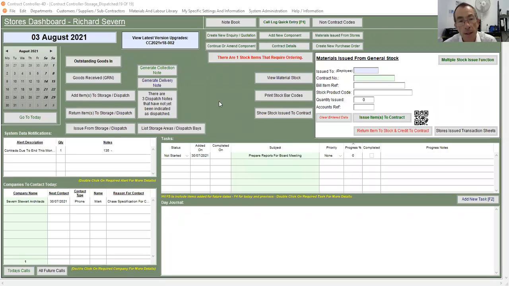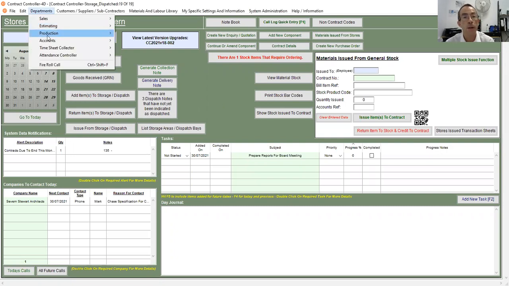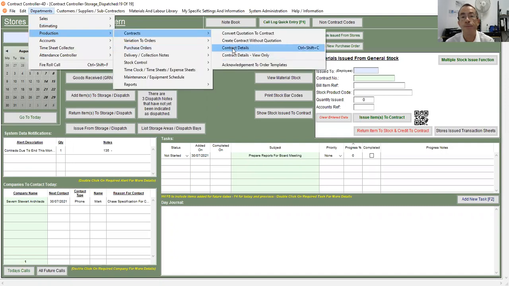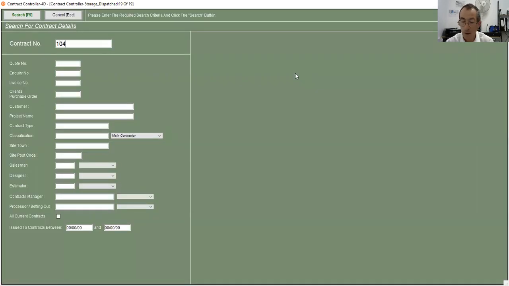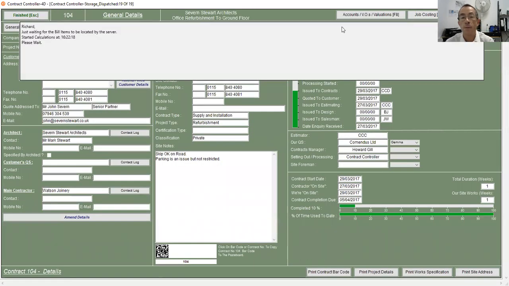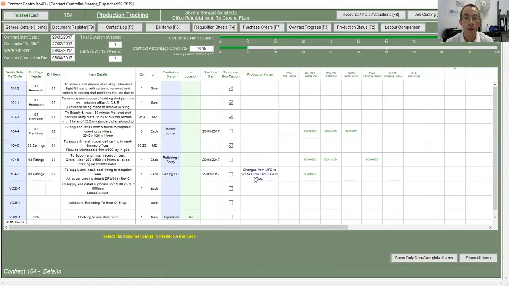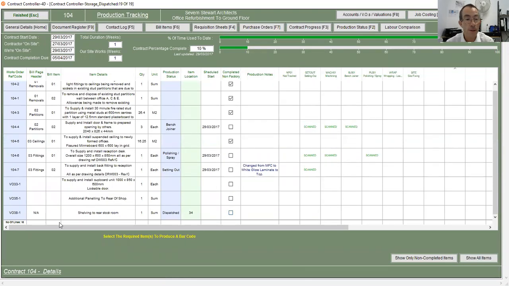By generating our delivery notes and collection notes and then indicating whether they've been loaded or collected or subsequently delivered to the client, we're also assisting contracts to be aware of what's happening with the items on their contract. So if I was to go and look at a contract, we look at contract 104. So as well as being able to look at the production status of the item,